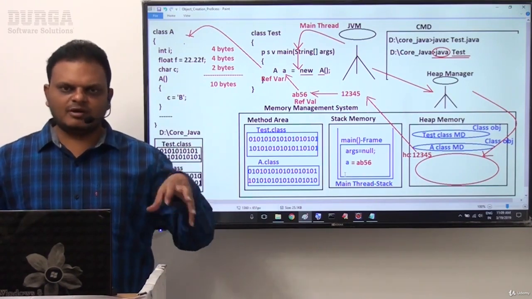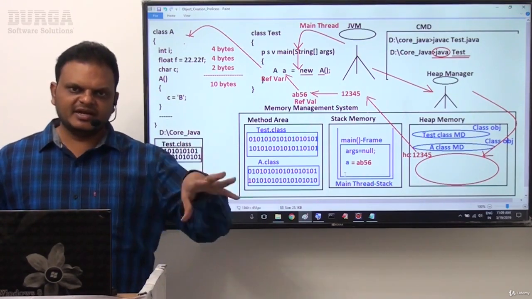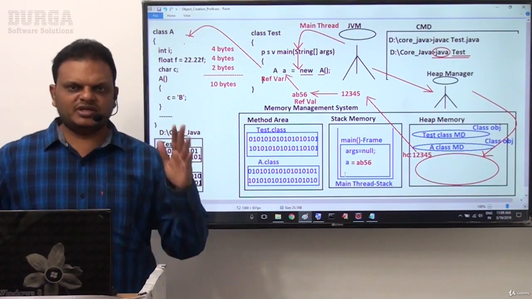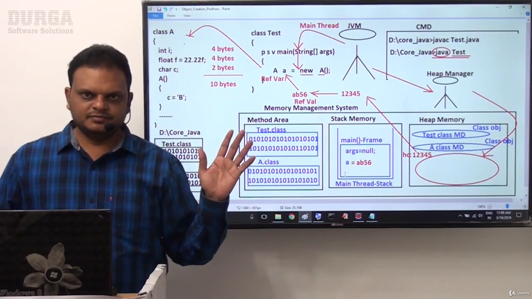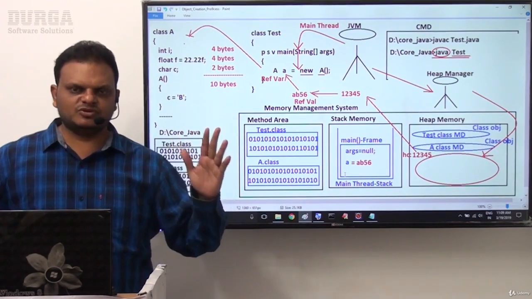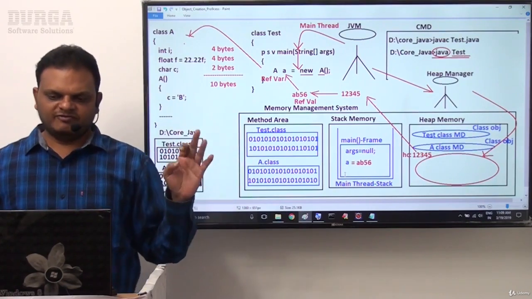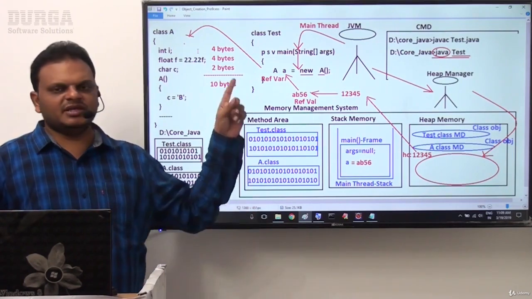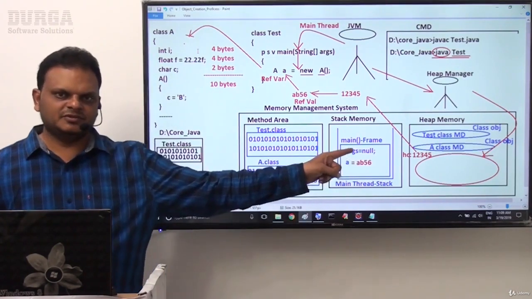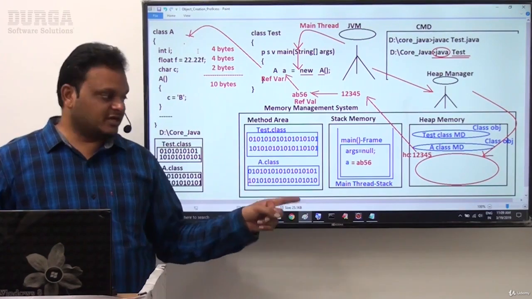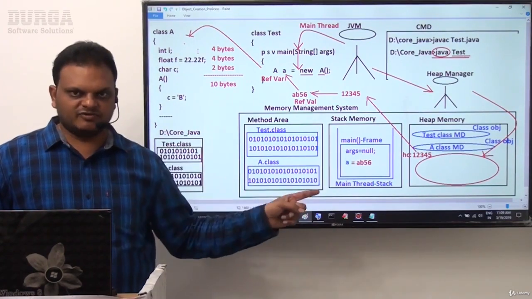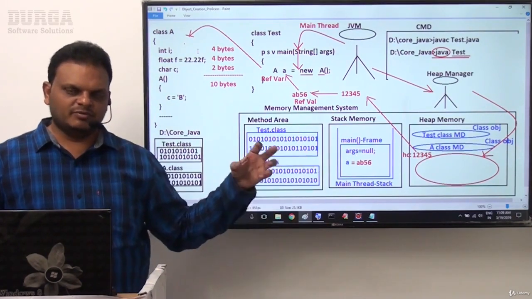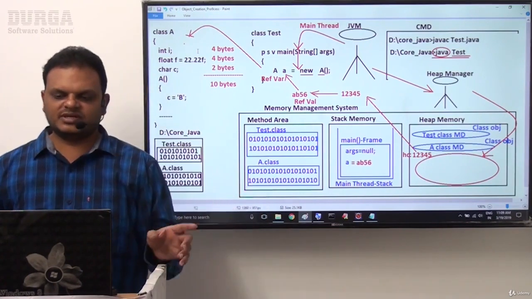Whenever an object is created in heap memory and identities are created, the remaining work is that the JVM has to store initial values inside the object. Clear? First, the JVM will store all the instance variables inside the object, not static variables. Static variable data will not be stored inside the object, only instance variables. Memory will be created for the instance variables inside the object.